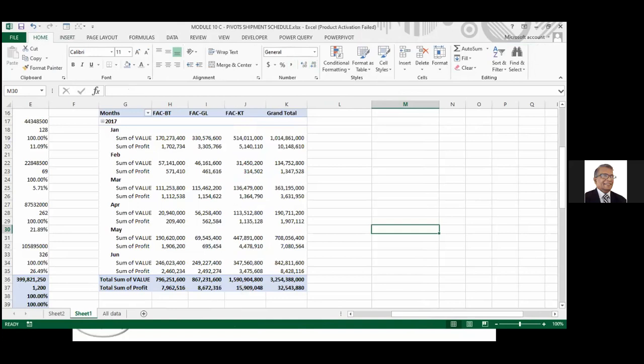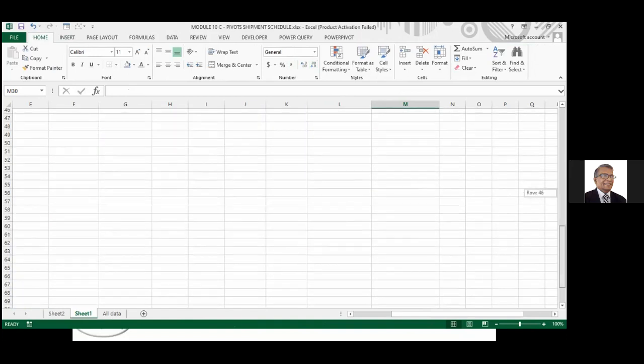Okay, so that's about pivot tables. I think I have taken now 3.5 hours. Only thing,